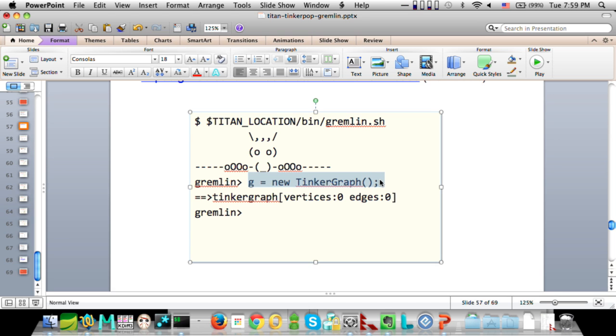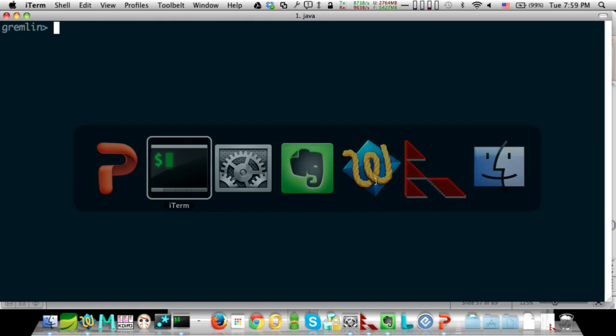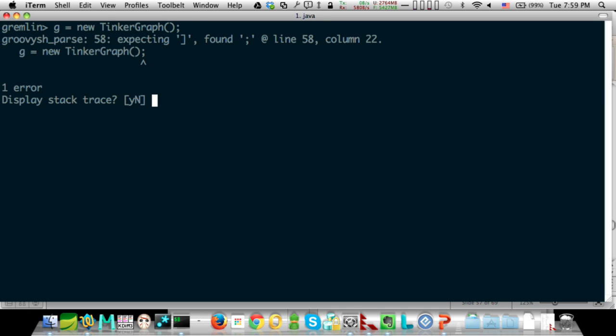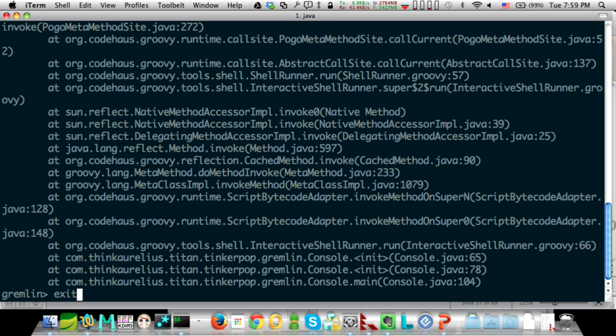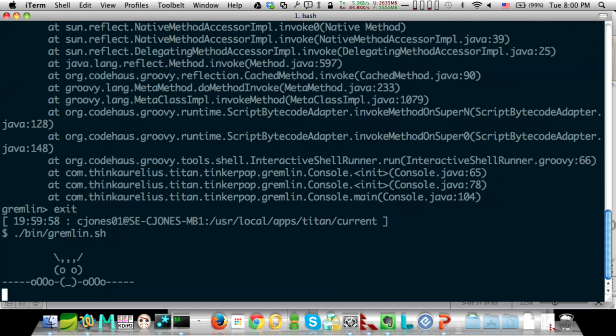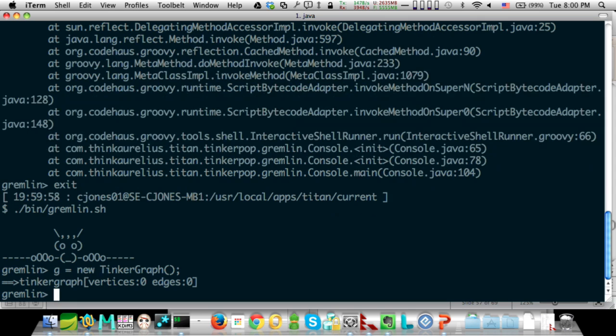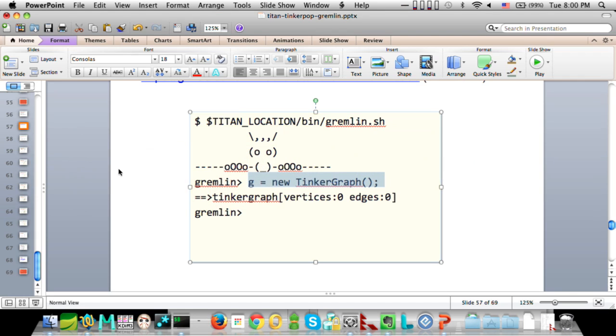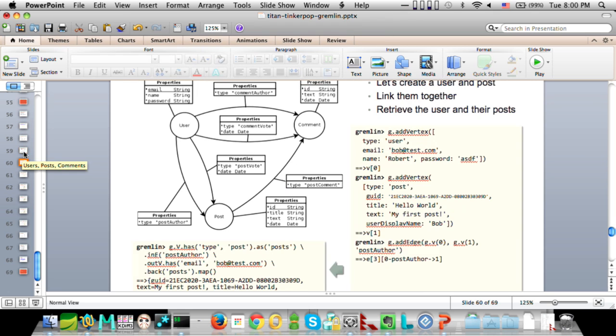G equals TinkerGraph, so this will give us a new in-memory graph. All right, so there's my empty graph: 0 vertices, 0 edges.